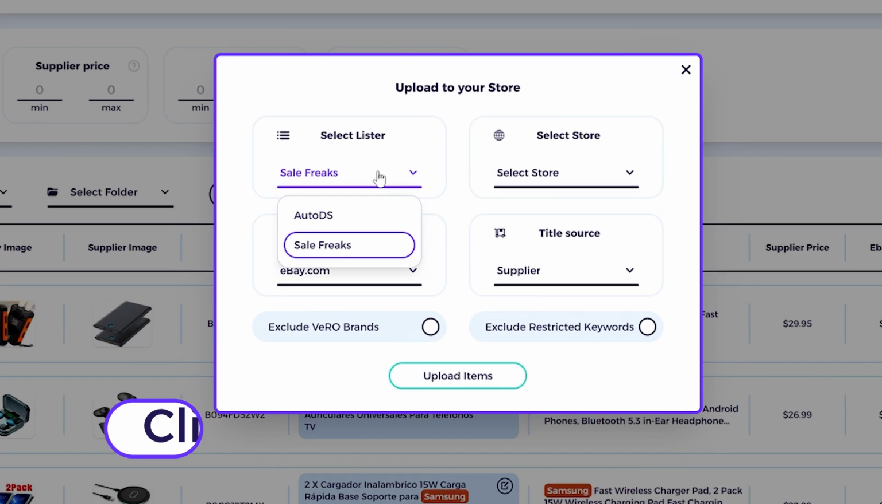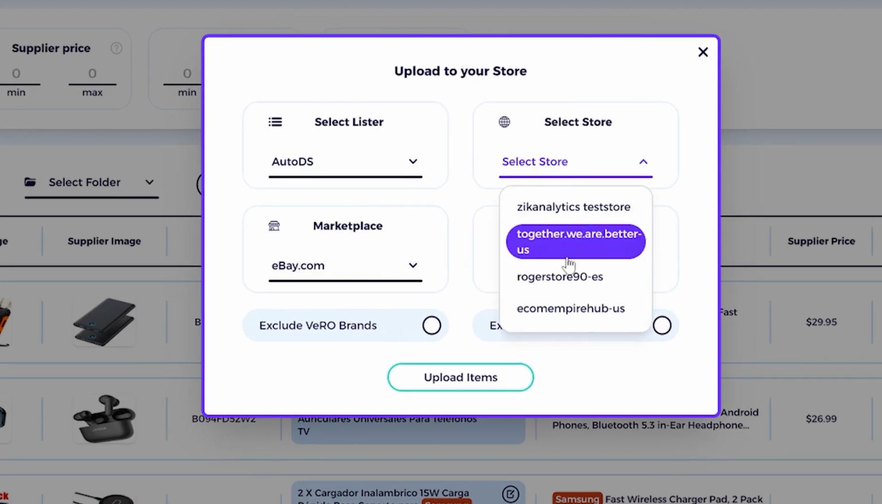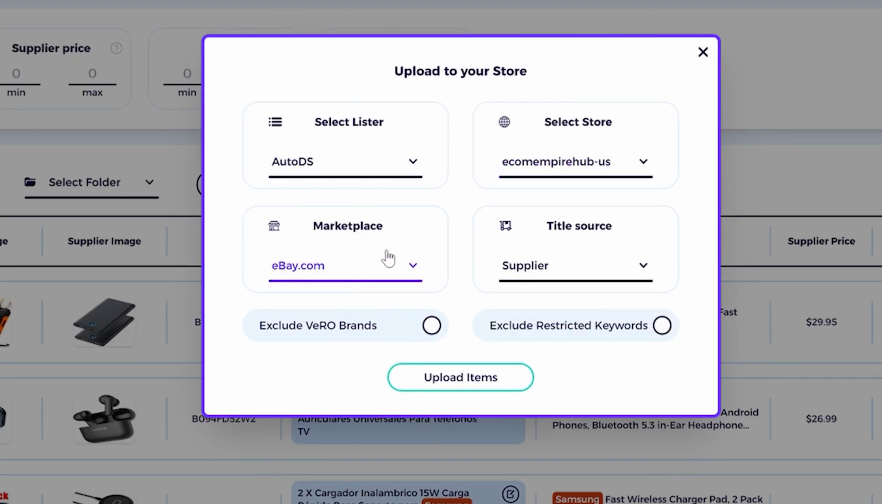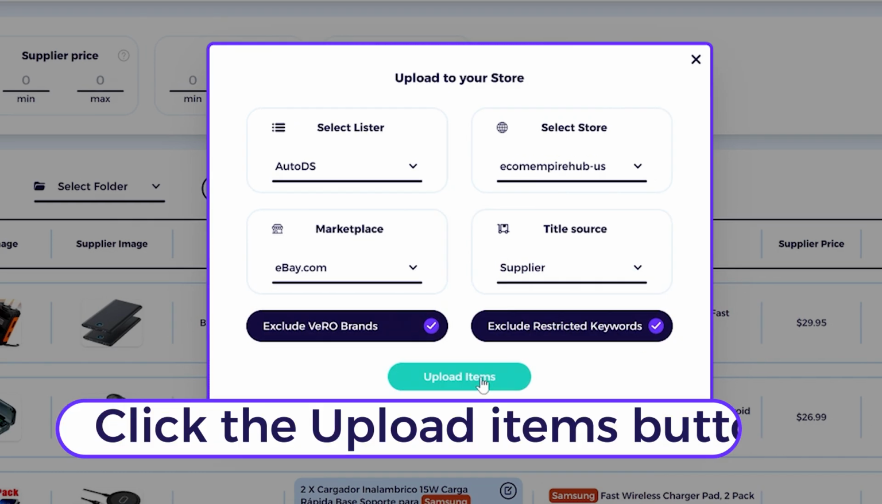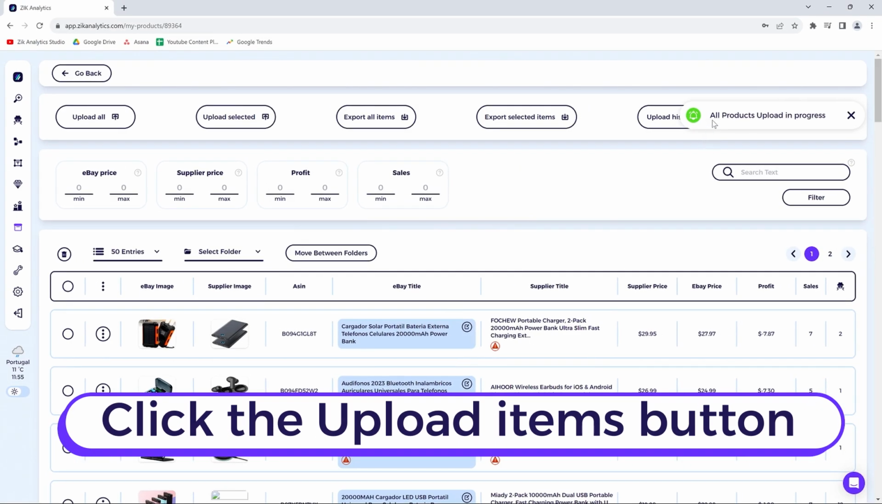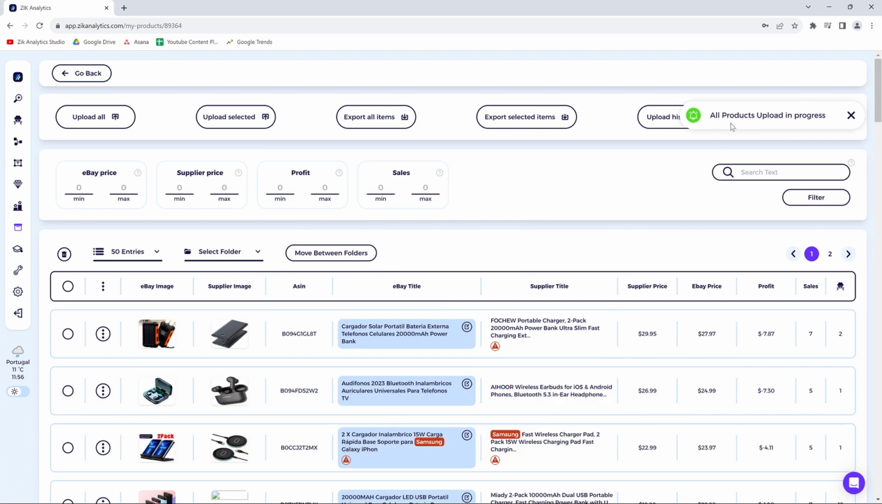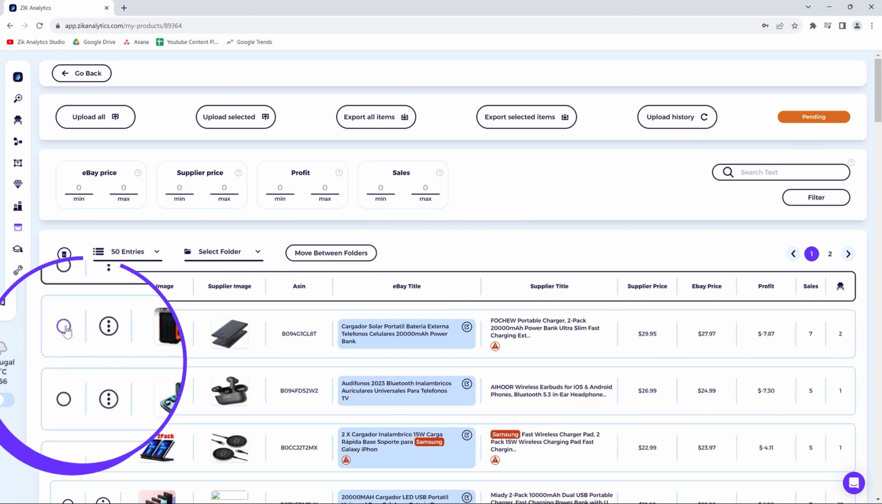This pop-up is going to come here, you choose AutoDS, you select the store like this, marketplace, and the title source. I always recommend going with the supplier title source, and then you can exclude Vero brands and exclude restricted keywords, and then you upload items, and then I'll upload items in progress,